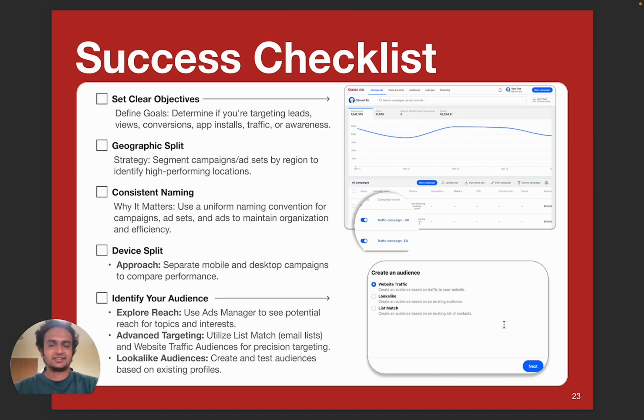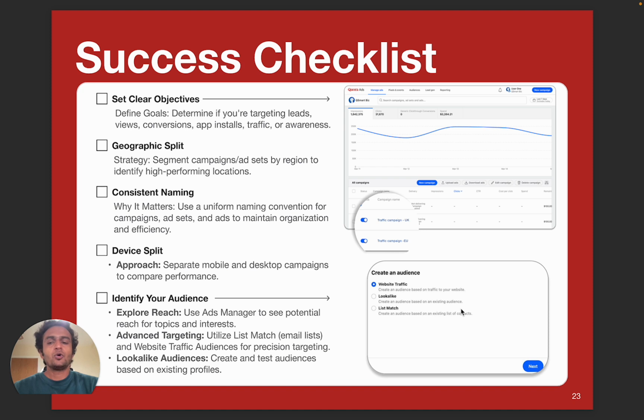Coming to the success checklist. One thing that we need to make sure of is to have clear objectives, whether it is targeting leads or views or conversions or app installs or traffic or awareness. Make sure that you have a clear objective right from the go. Now, one tip that we'll definitely give you is on the geographic split.